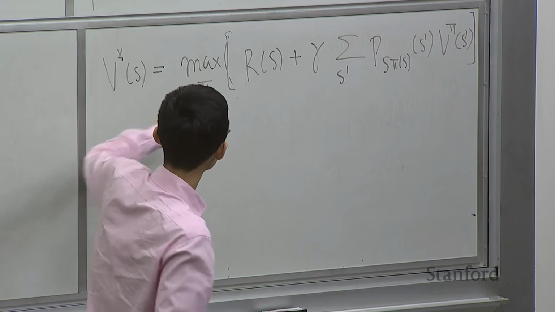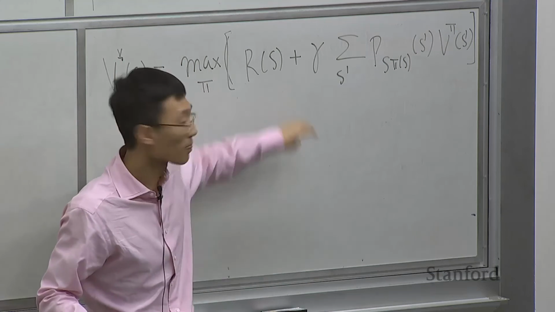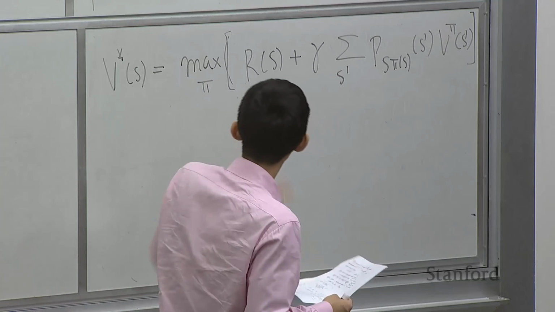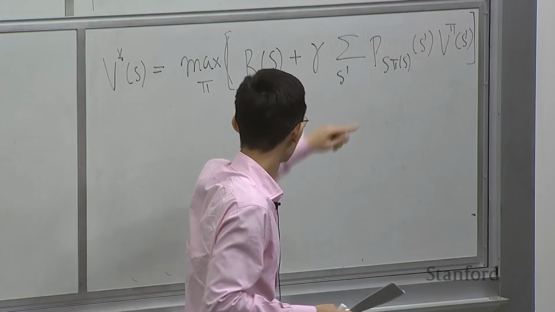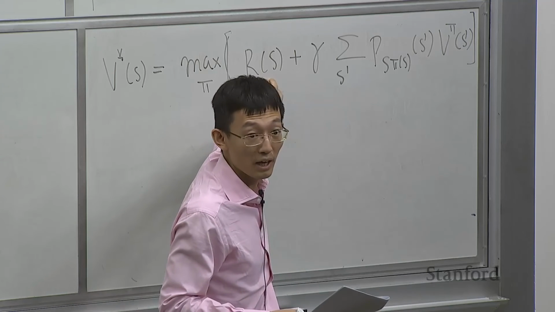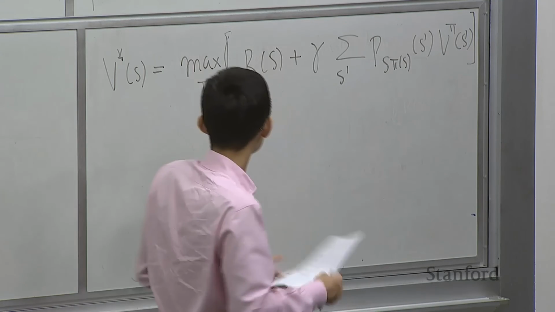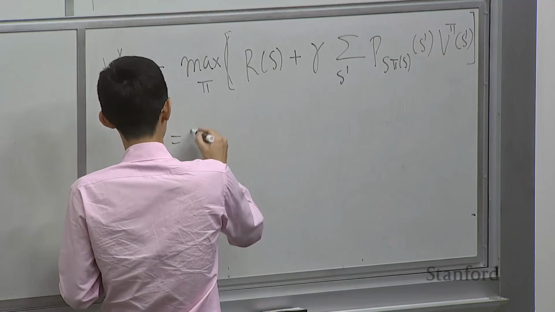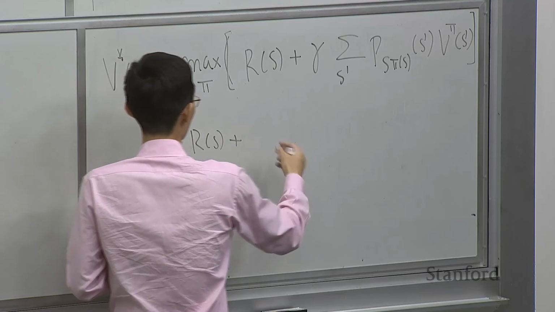So because V pi S is equal to this, right? And so let's think about this. First of all, you're maximizing over pi, so this one doesn't depend on pi even, right? So you can just take it out. So you just say this is R of S plus